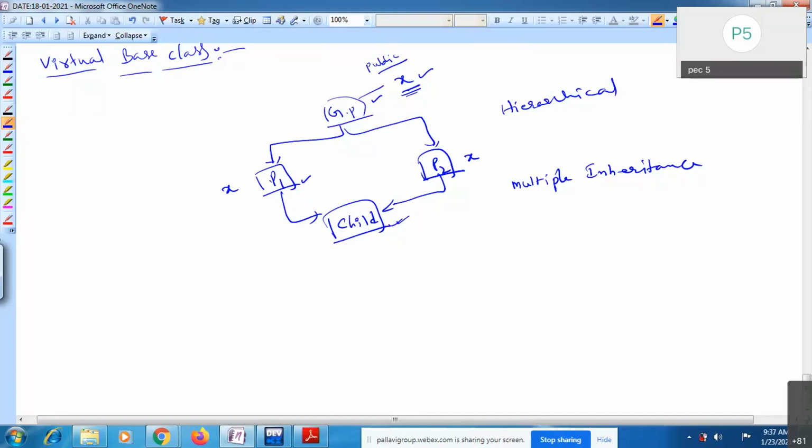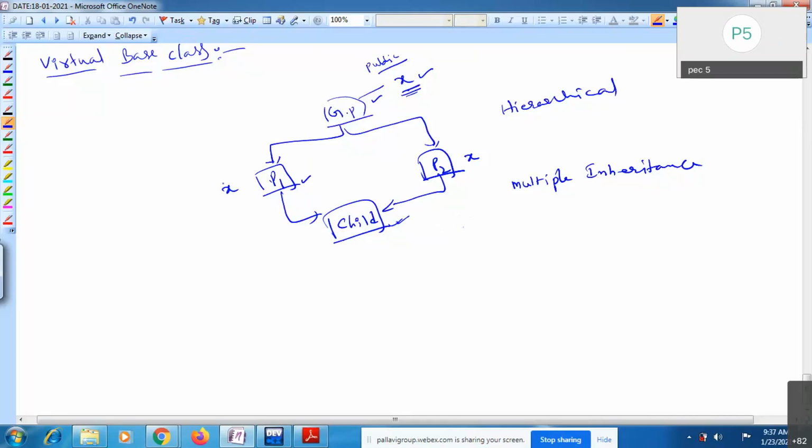When you are deriving this child class from these two parent classes, P1 and P2, the compiler will get an ambiguity problem. The compiler will get confused about which base class this X belongs to. It is visible inside child, but from which base class does that X come? The compiler will get confused and raise an error showing that ambiguity problem.